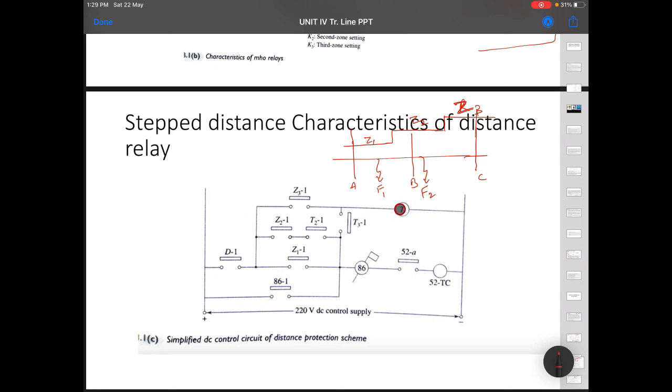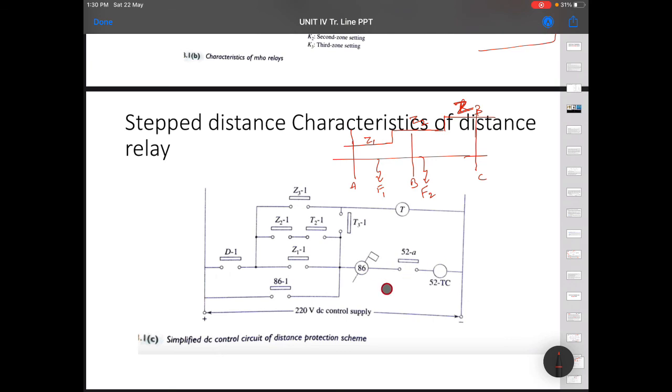So there is a timer. After a certain time, and you should know that, if there is a fault here, actually R2 should operate, but if it fails to operate, R1 will wait for extra time. That is 0.25 seconds. So for 0.25 seconds it will wait. This is the timer. Once it counts from 0 to 0.25 seconds, then your T2 will operate. So the circuit is 86.1, T2, Z21, Z31, and this.